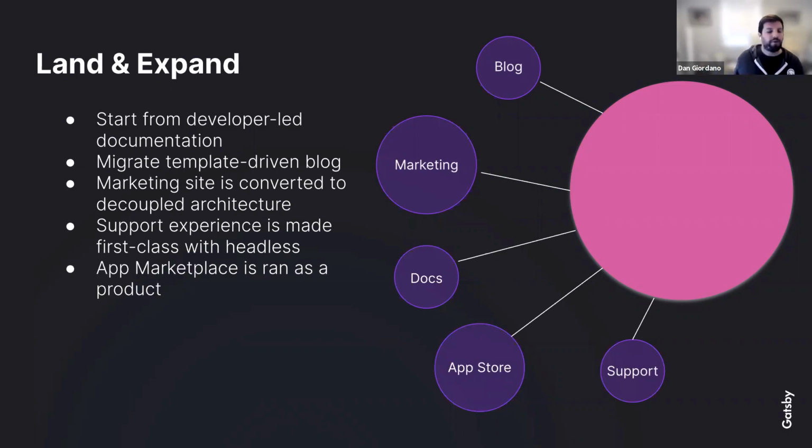So maybe work with Zendesk or a community system like Lithium and start bringing those pieces of content into kind of this unified front end where you can have your marketing, your careers, your blog, your documentation, all with a decoupled front end and a shared design library that makes updating things and building new digital products a breeze, because you already have not only a design system now, but you have a development and component system across all these different subdomains or